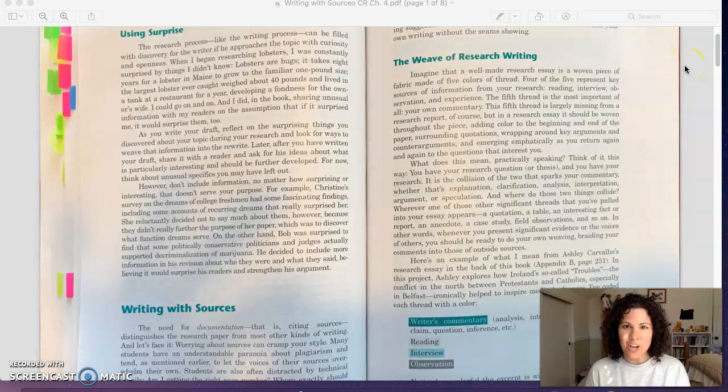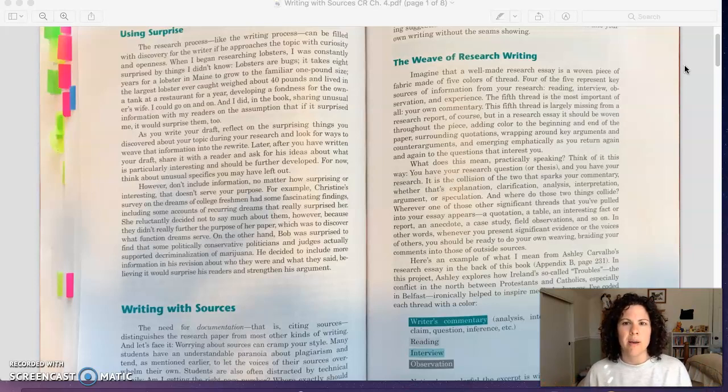Hi everyone, I wanted to talk to you a little bit about weaving and writing your research essay with other sources. Oftentimes I discuss how we are all at a table with our experts, and our experts are talking and we are talking back and they're talking to each other. We want to create that environment in our writing where it sounds more like a conversation, instead of people talking over here and then I say something. We want more of that interaction.